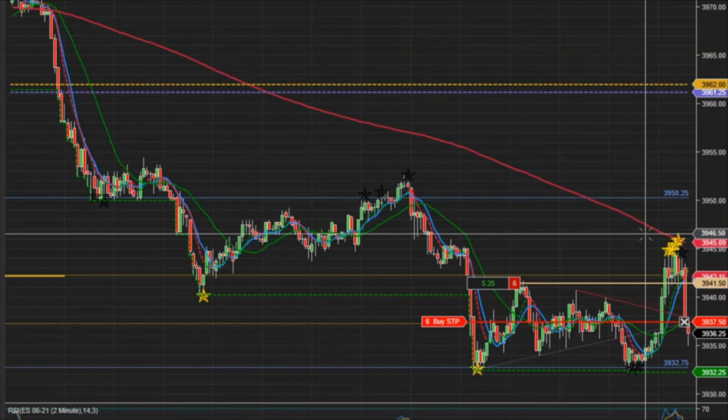So I have an auto trail strategy in place. It is set to take profit at 12 tick with an auto trail at 8 tick. Every 4 tick, meaning every 1 point, it will auto trail. So right now